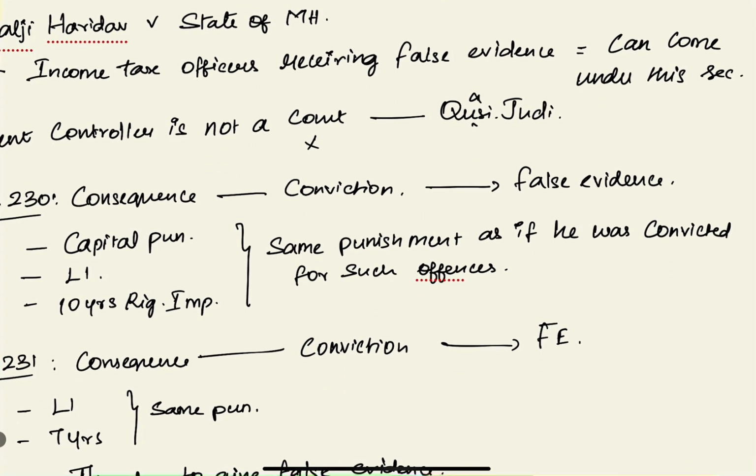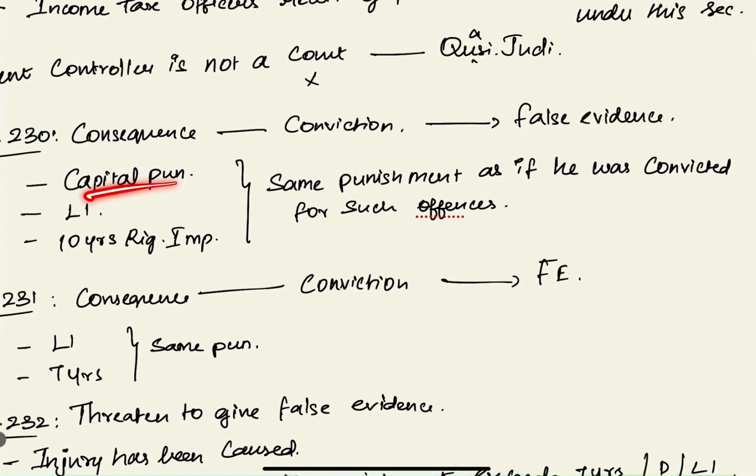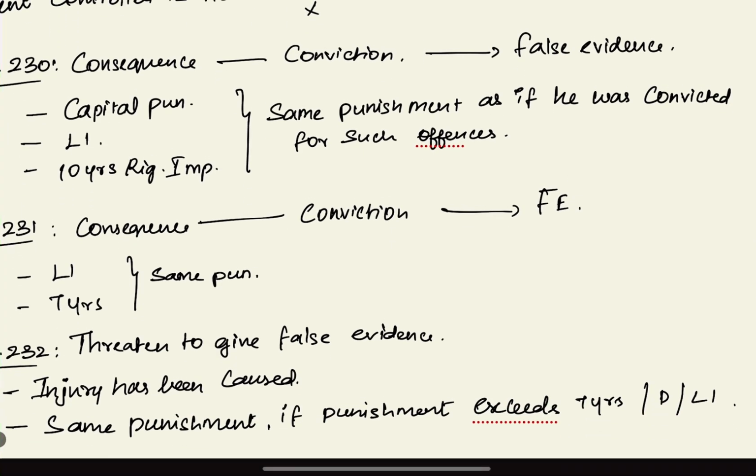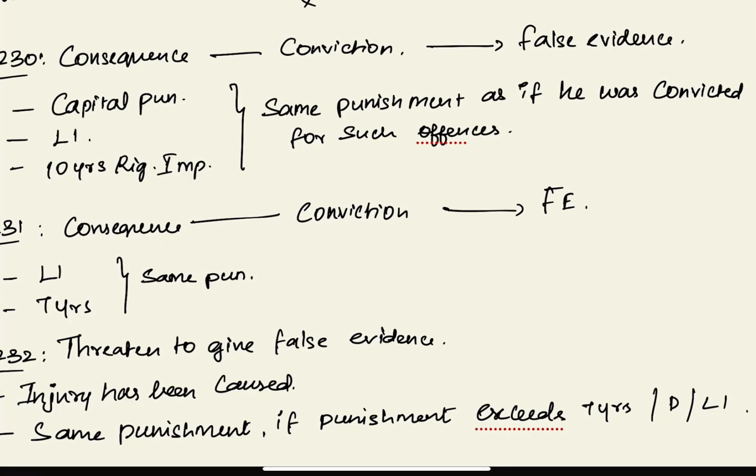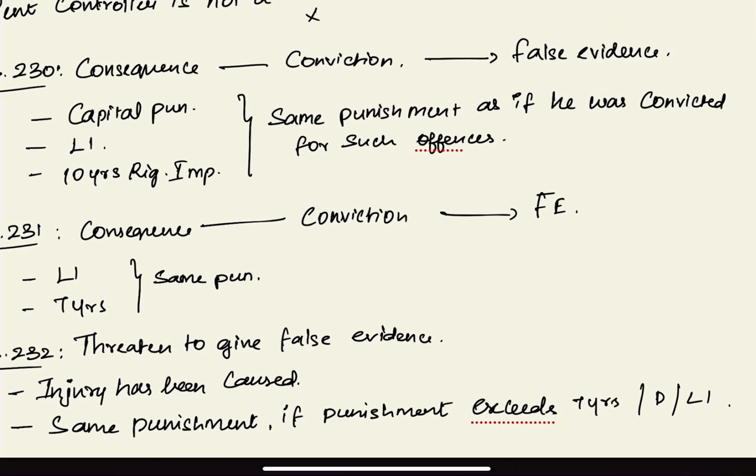Section 230 deals with when a conviction has been made, and the conviction is the consequence of the false evidence that has been provided. When such conviction leads to any capital punishment, life imprisonment, and 10 years of rigorous imprisonment, the same punishment shall be given for the person who has given false evidence as well. That has been provided under section 230, and section 231 deals with when a person is convicted and